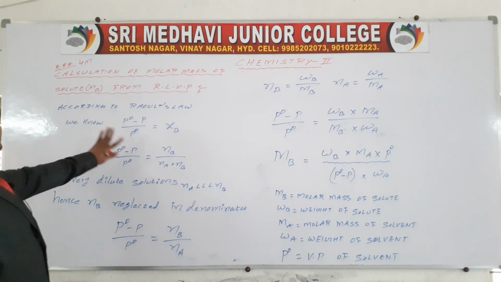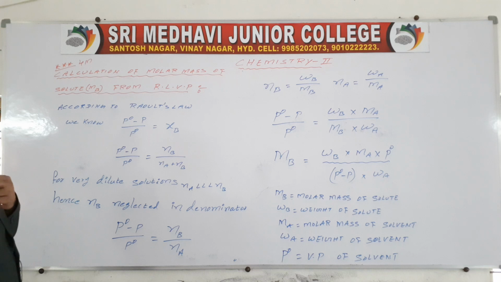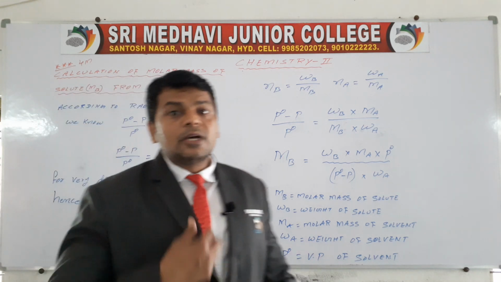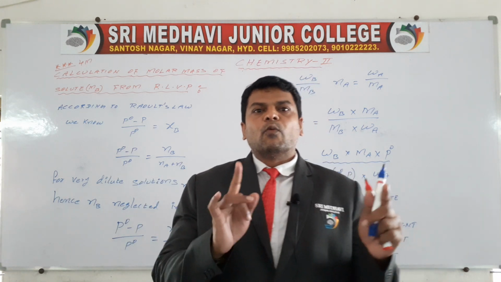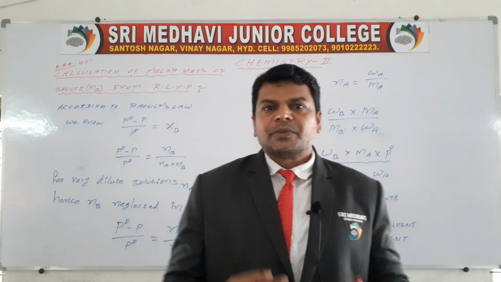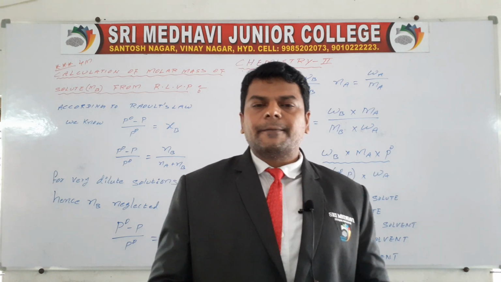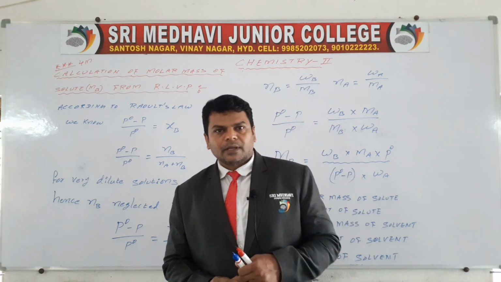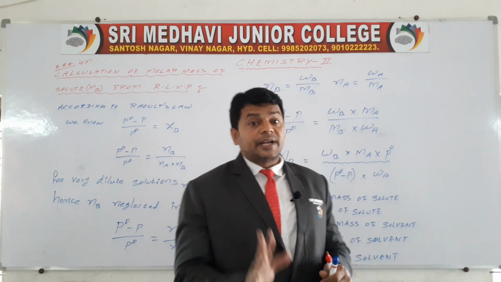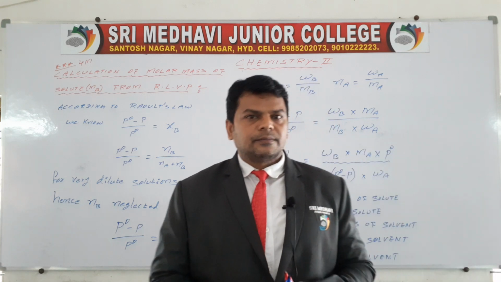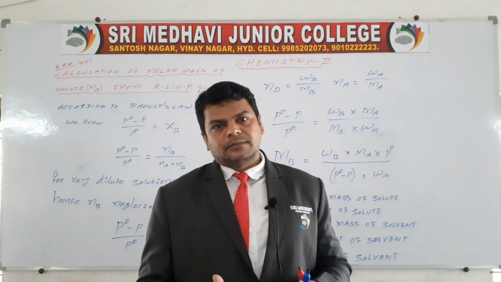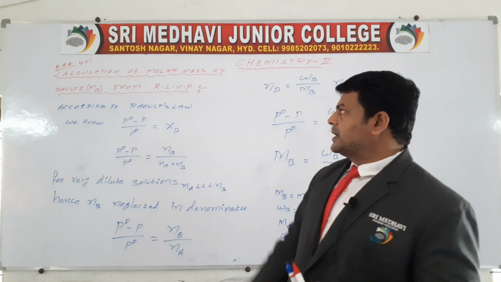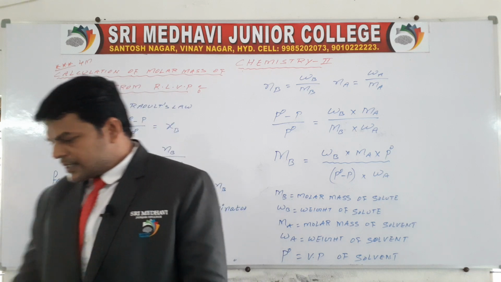So this is the way calculation of molar mass of the solute from the RLVP. It is a very important question. How the question you are going to face means, what is relative lowering of vapor pressure? How is it useful in determining molar mass of the solute? So for this you have to write first the RLVP definition, P naught minus P by P naught definition. Then you go for explanation. Understand?